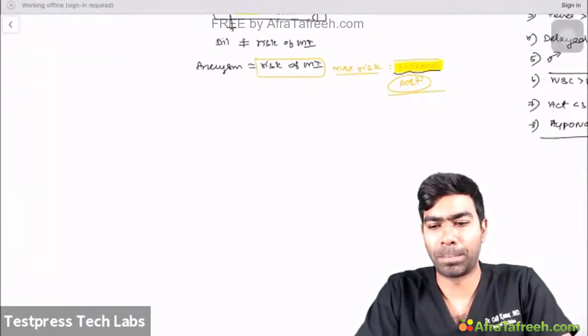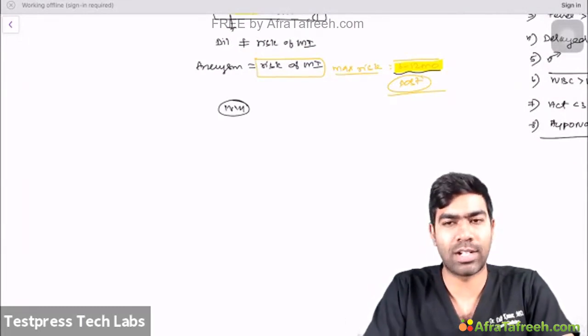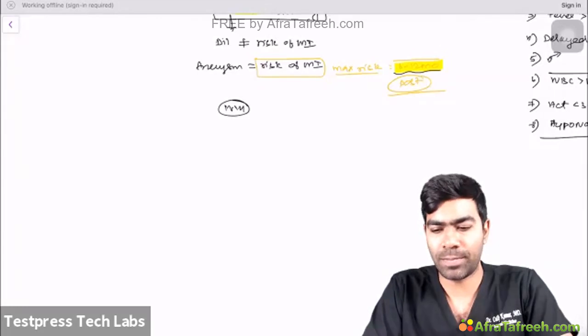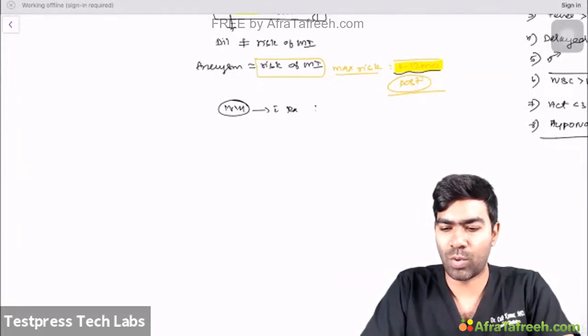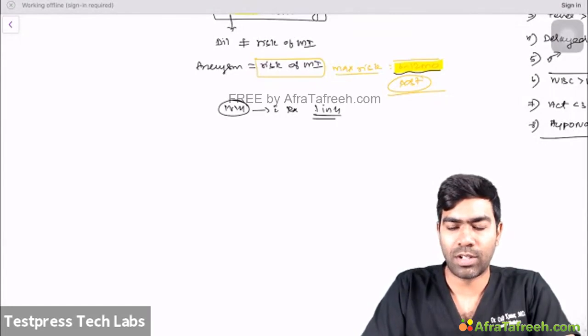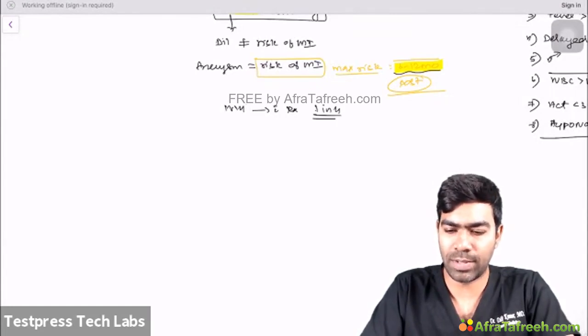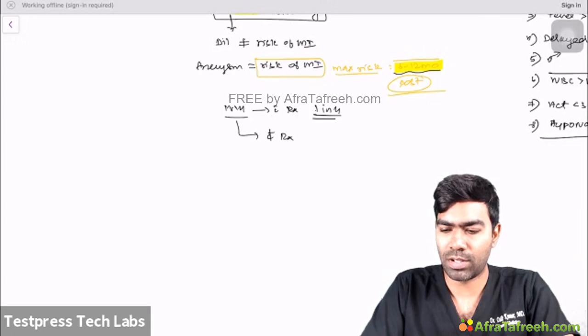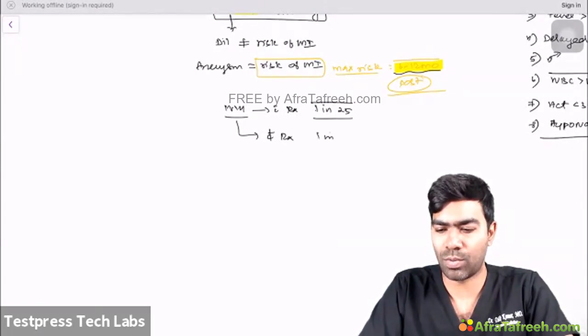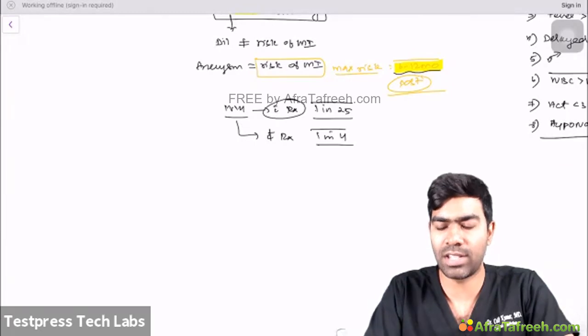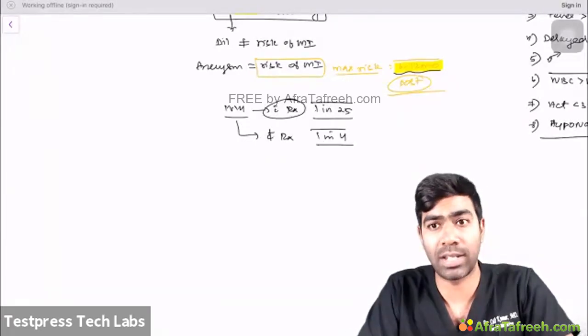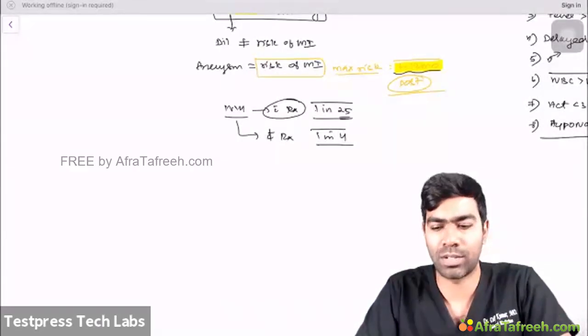Apart from that, if you start treatment early, for example, the treatment is IVIG, we know that. If you initiate IVIG, only 1 in 25 will develop coronary aneurysms. If you don't give any treatment, 1 in 4 will develop aneurysm, which means IVIG reduces the incidence of aneurysm by 6 times. At the same time, even if 1 in 25 get aneurysm with IVIG, there